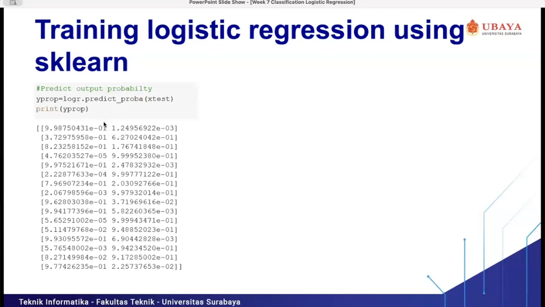And so actually these are the probabilities. Yeah, we can also use the logR predict_proba on X_test. It means we have two different values here. The shape of the y_prob will be 40 by 2, because we have 40 different test data.